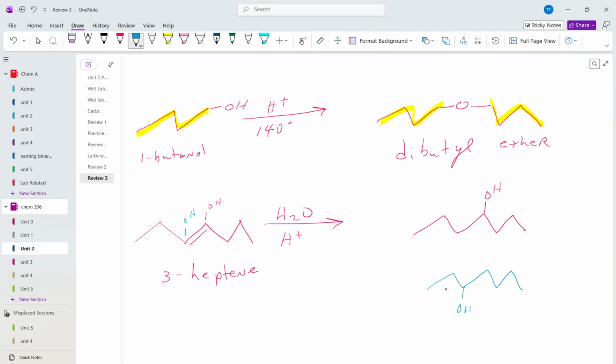Remember, water looks like this. So it's heterogeneic, so it can be either H, OH, or OH, H. Okay, then we need to name these. So it's going to be